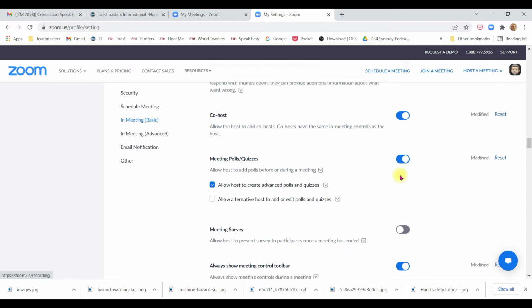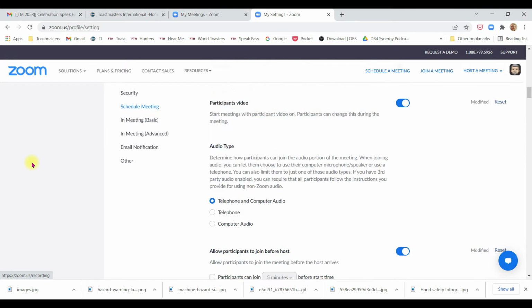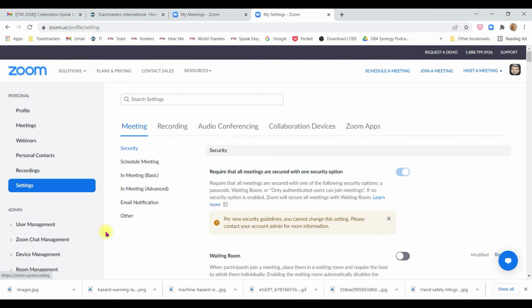If you don't have this, then you're in the free account and you just don't have the ability to do polling. But most Toastmaster clubs are using the paid account because we go over the 40-minute time frame that are typical of Toastmaster meetings. Now, having done that, I'm going to scroll back up to the top, right up here,